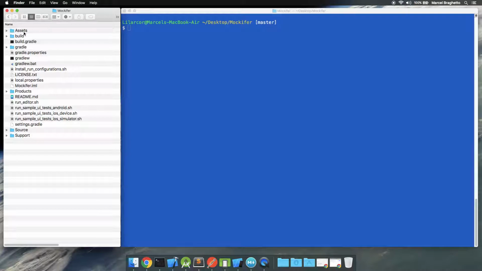I kind of assume that you've already downloaded the Mockifer repository from GitHub. You can see on the left hand side of my screen there, that's the files that you would see. A lot of the commands are actually driven through Gradle, so we use terminal for a few of them. But before we get to that,